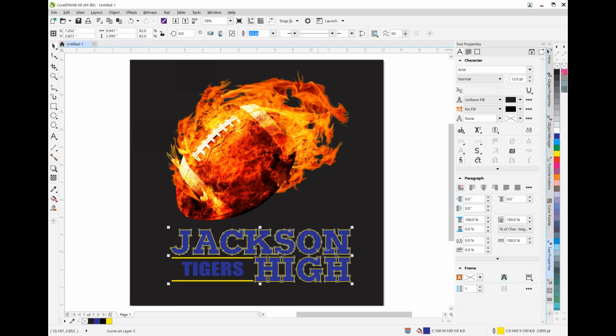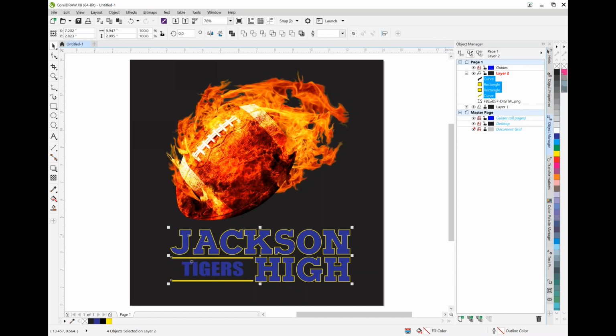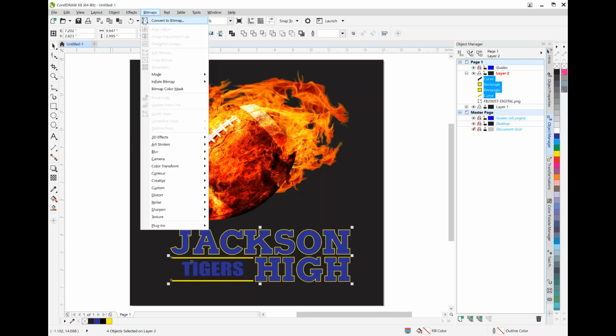Actually, one last little touch we're going to do here is adjust the whole thing. I want to give it a little more flair than just dropping it on the bottom here. I want to skew this thing. So to transform this stuff, you just need to select all of them, or like I said before, go to your object manager and collect everything you want. And then to transform it, I think I actually already have the tab down there, but